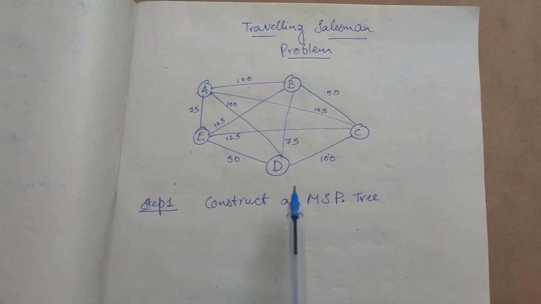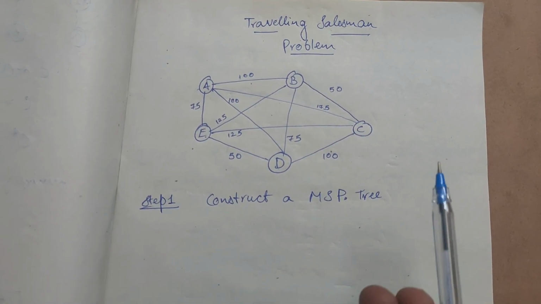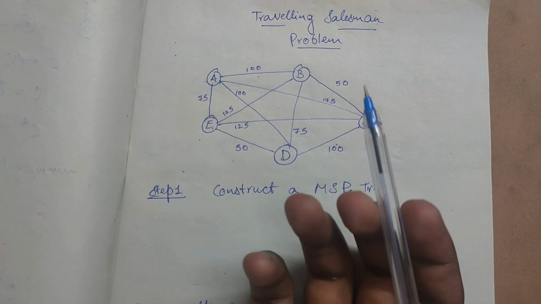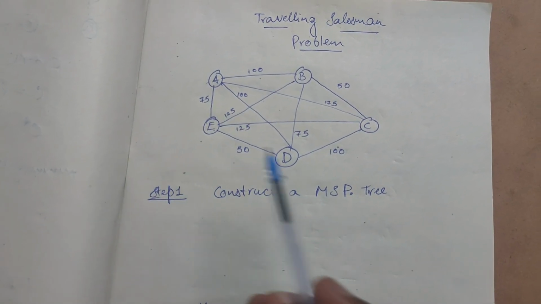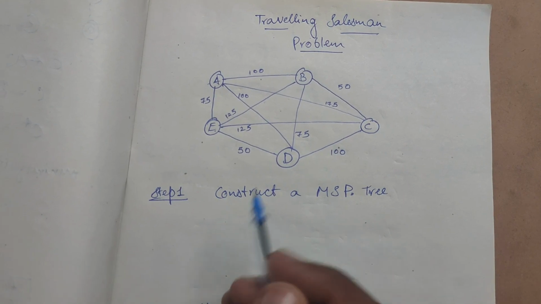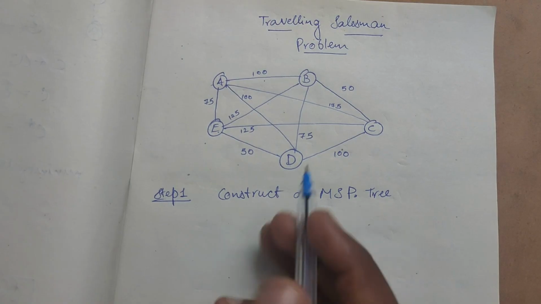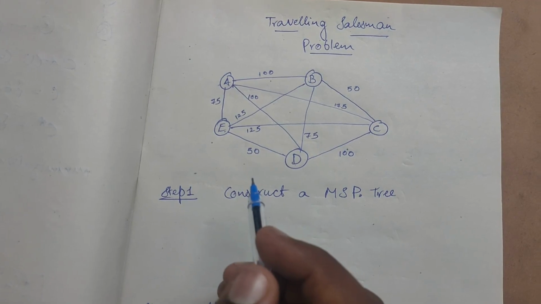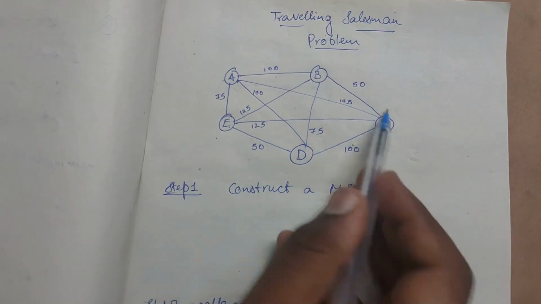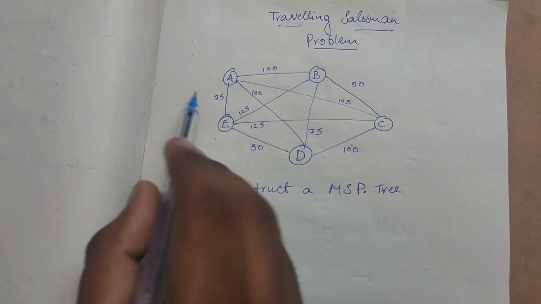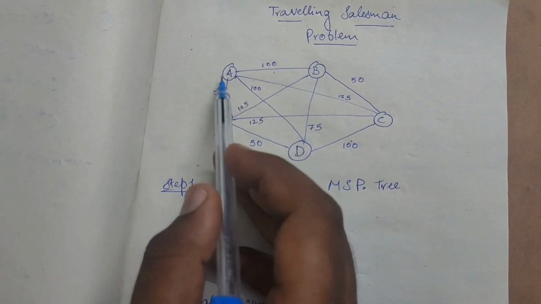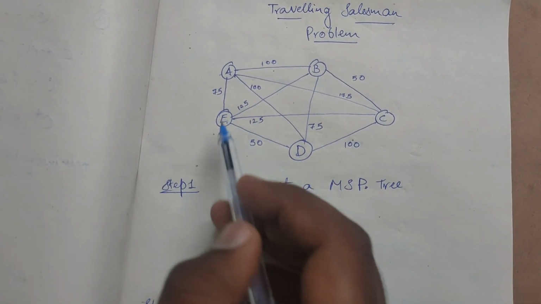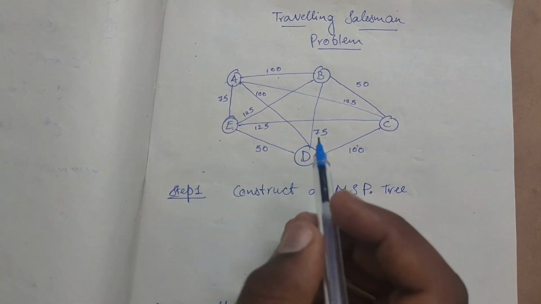So the next topic is the traveling salesman problem. So what is this traveling salesman problem? The given statement is there is a salesman and he has to cover a certain number of cities, and he should cover every city and be back home, but he should not use the same path again, and the path in which he is traveling should cost him the minimum. So you would be given a map. The map has several cities, and you will be given the cost of traveling from one city to another city, and you have to find the route which he should follow so that his cost of traveling is minimum.